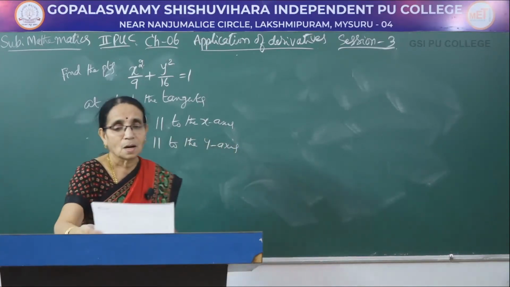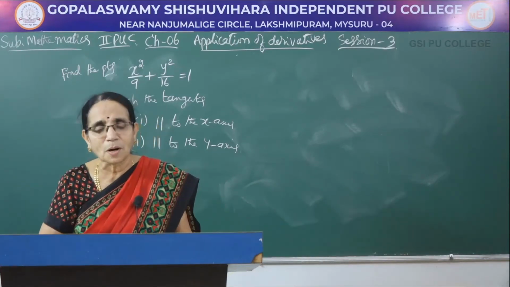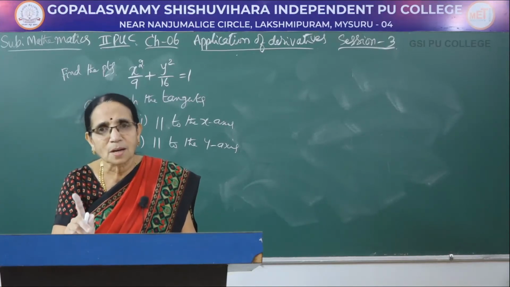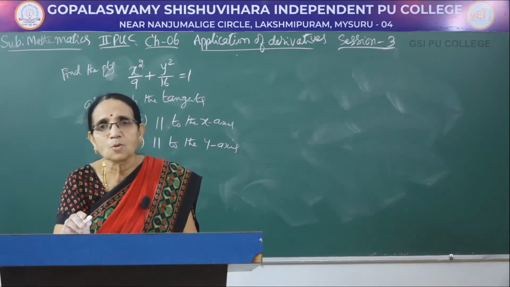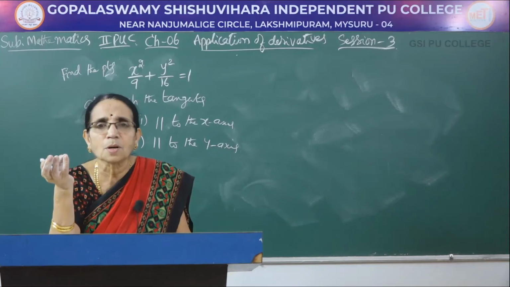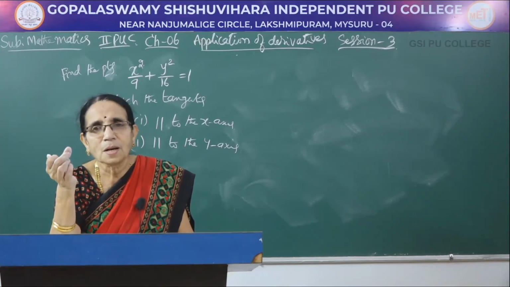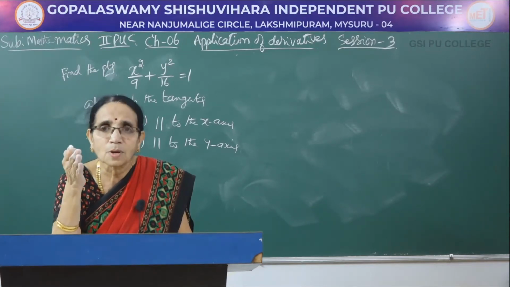So here, find the points means there will be more than one point. Two conditions are given, not one. Parallel to the x-axis, in one problem we have done that one. We can take dy by dx equal to 0. And in the note I had given, dy by dx equal to 0 means the tangent would be parallel to the x-axis. If dy by dx is infinity, then the tangent would be parallel to the y-axis,